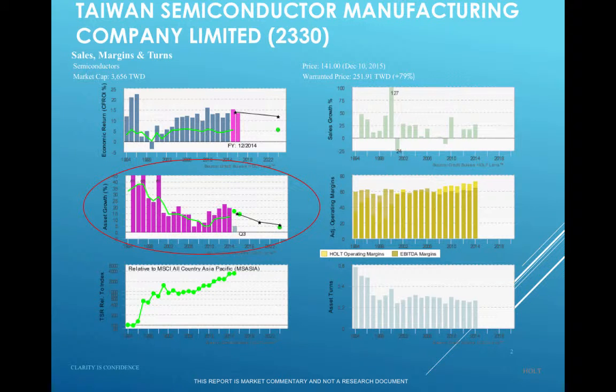Using the HOLT methodology, I have come to the conclusion that the market implied CFROI level of 5.2% is unrealistic, and it should be closer to the HOLT-derived 11.2% used in our evaluation. When looking at the factors that go into determining the CFROI levels, namely the operating margins and the asset turns,